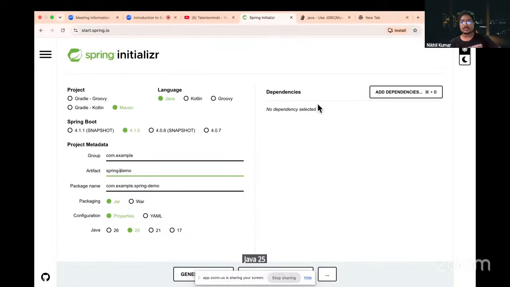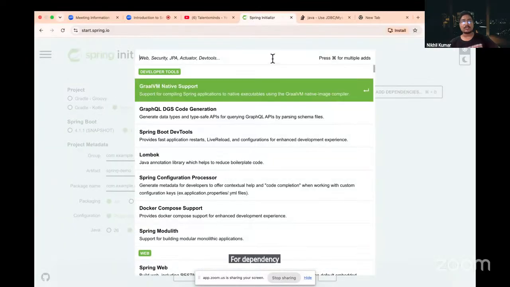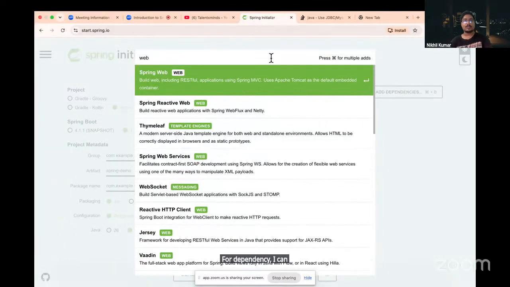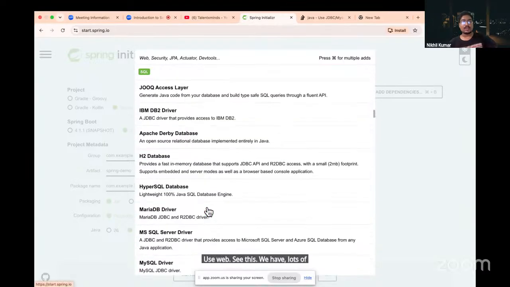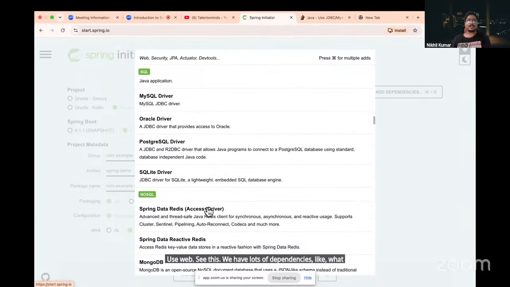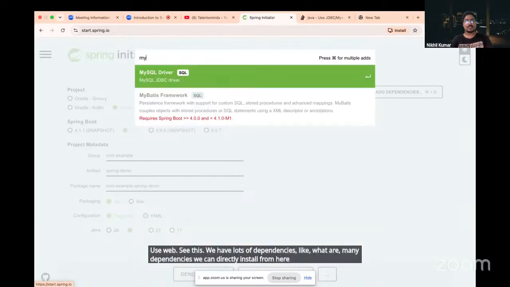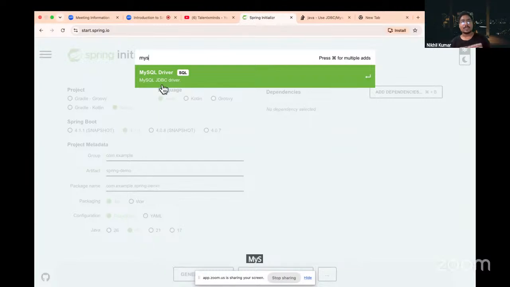For dependency I can use web. See this, we have a lot of dependencies that we can directly install from here. Like yesterday we needed the MySQL driver, correct? For the connection of our JDBC, what we need? MySQL driver, right?